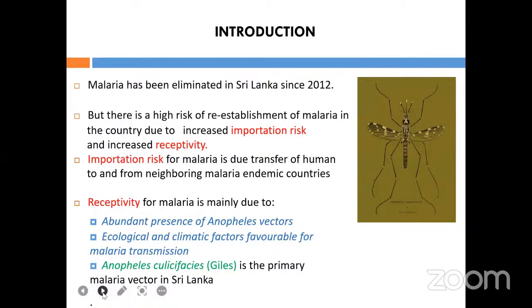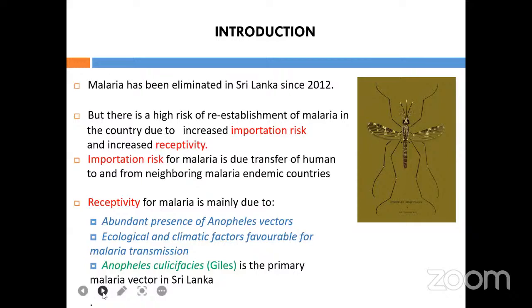After malaria elimination, there is a high risk of re-establishment of malaria in the country, mainly due to increased importation risk and increased receptivity. Importation risk and receptivity are the two major factors contributing to malariogenic potential. In Sri Lanka, at the moment, importation risk for malaria is due to the transfer of humans to and from neighboring malaria endemic countries. And receptivity for malaria is mainly due to the abundant presence of Anopheles vector mosquitoes and ecological and climatic factors